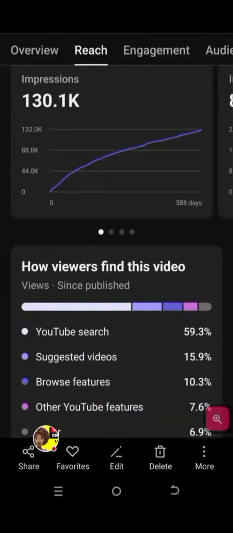That's not all. Look at the things you need to take note of. Now, look at this thing we call impressions. Anytime you put up a video, after about 5 hours, go and check, click on the video, and check your impressions, to see whether YouTube is showing your content at all. So when you see impressions, it means that YouTube showed it to people